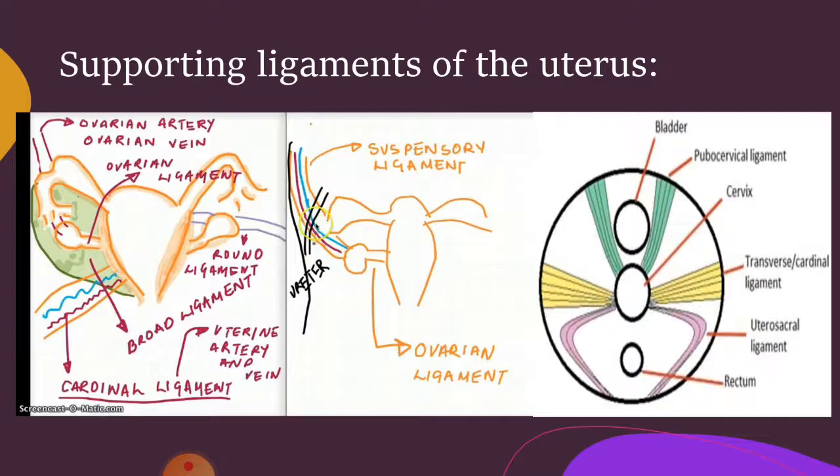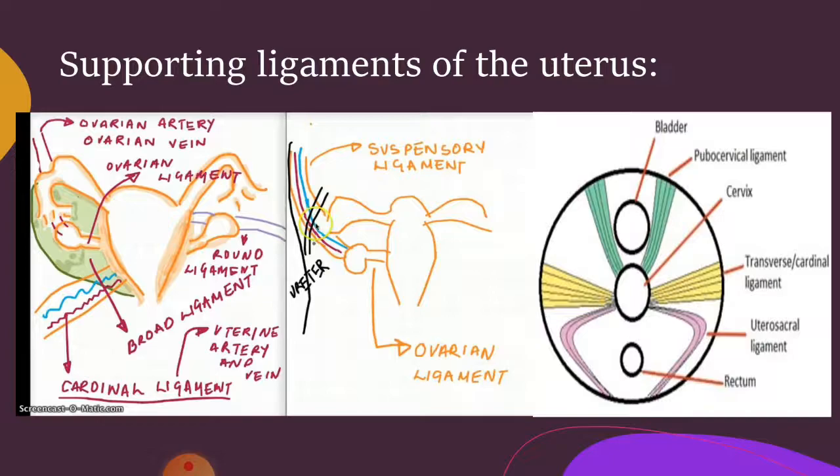vagina to the sides of the pelvic walls. These are the cardinal ligaments, or the transverse ligaments, transverse cervical ligaments. So you can see that these are extending one from each side of the cervix and vagina to the sides of the pelvis, because they are traveling transversely, so that's why we are naming them as the transverse cervical ligament. So there are two cardinal ligaments.